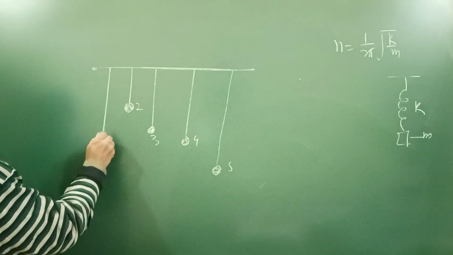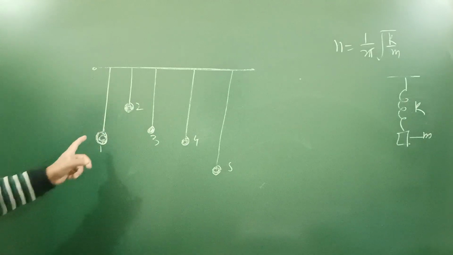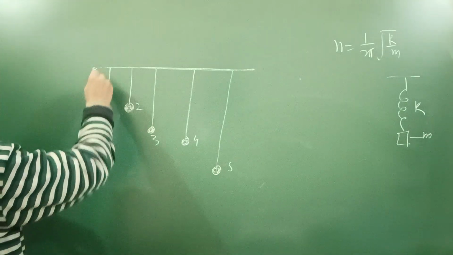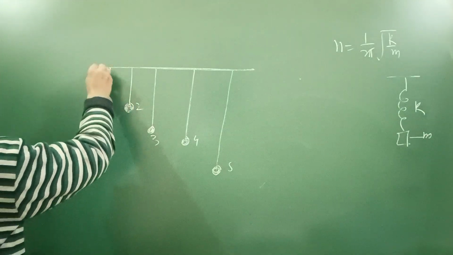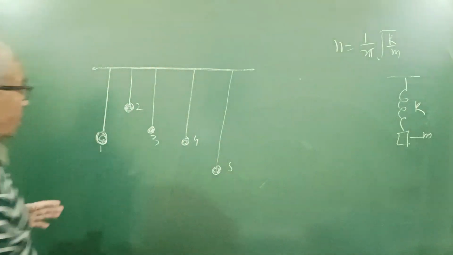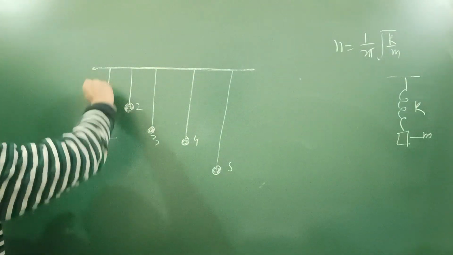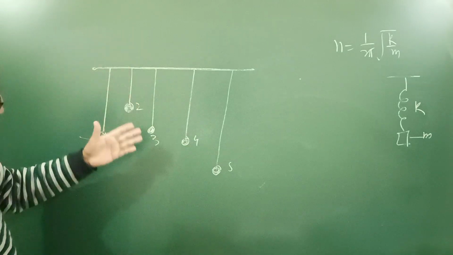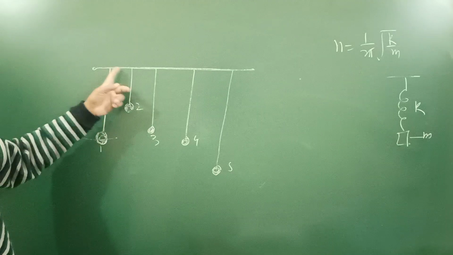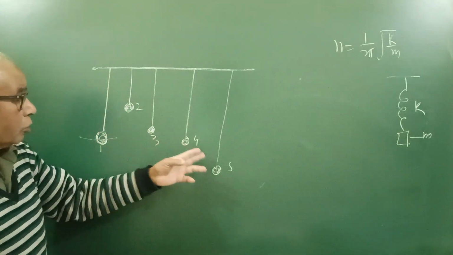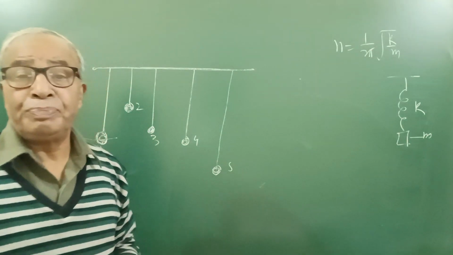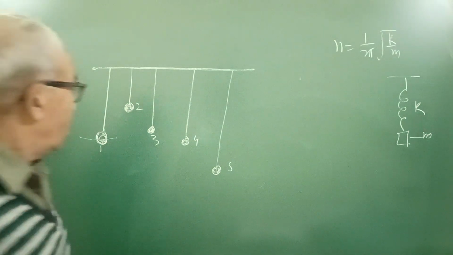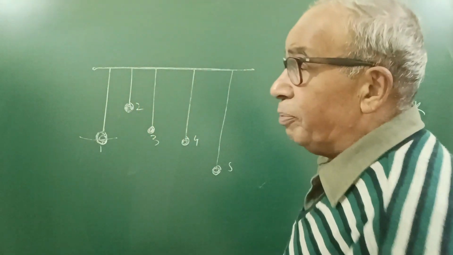I am telling here, I will not write anything on the board. When we make pendulum 1 oscillate, it applies a periodic force through the common string. When it oscillates, the string starts vibrating, and those vibrations apply an external periodic force on pendulums 2, 3, 4, 5. These all start oscillating initially with different frequencies